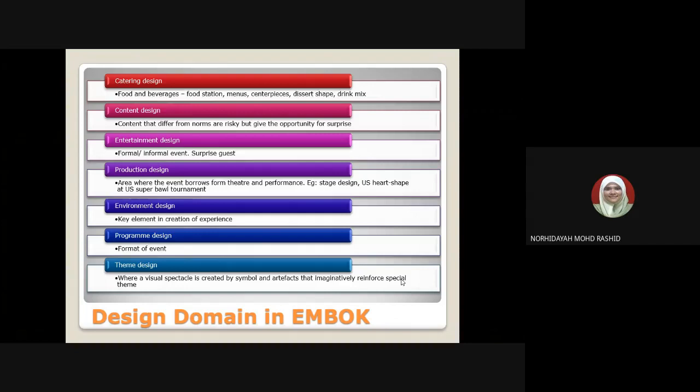So the theme is much more important, because once you decide the theme, it's easier for you to decide what the other content is that you should deliver in a design domain. For example, the catering design. So food and beverages you already know. For example, cake.